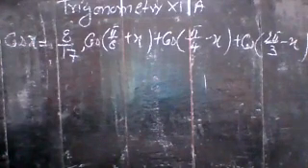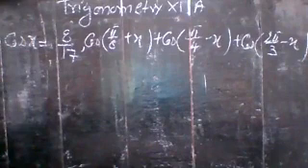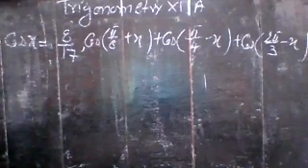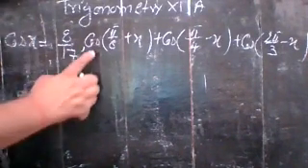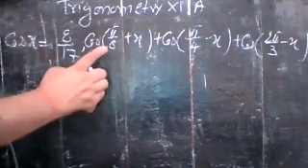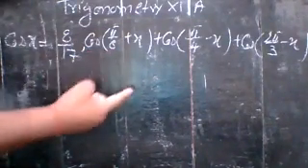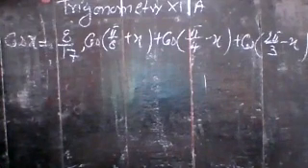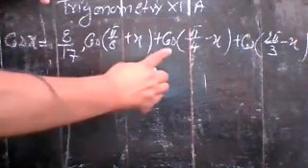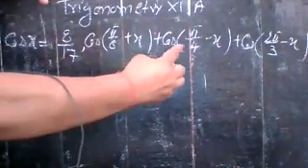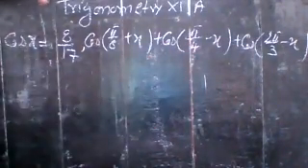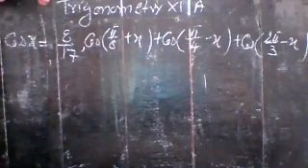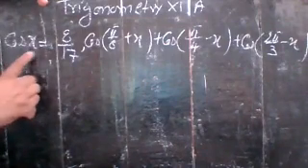So in first quadrant sine is also positive. And why do you find the value of sine also? Because if you apply the identity cos(x plus y), that is cos x cos y minus sin x sin y, there is a need of the value of sine also. In the same way, for the formula of cos(x minus y), there is also the requirement of the value of sine. So first of all, you find the value of sine.